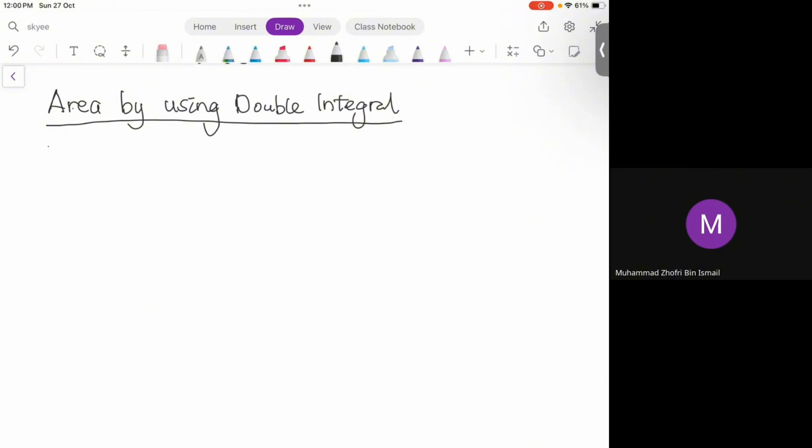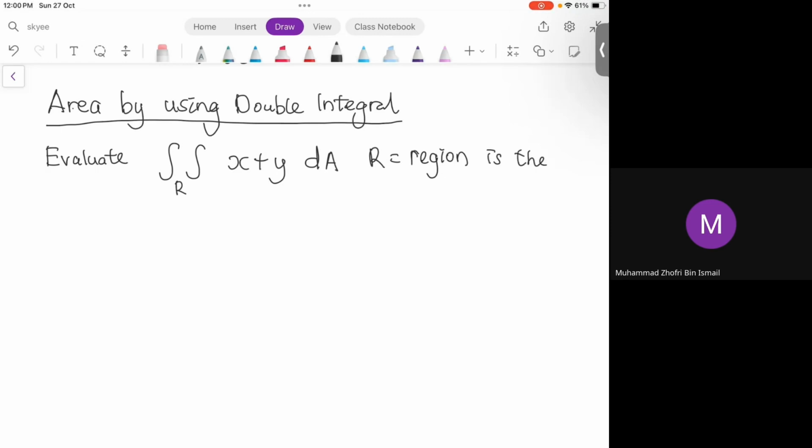So evaluate, you have to evaluate this double integral of x plus y dA, and here is the R. R stands for the region. So R is the region. The region is the triangular region